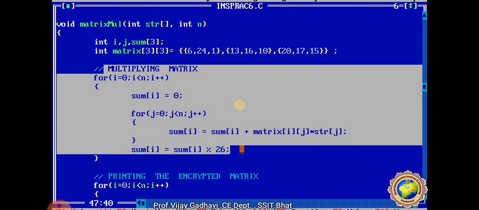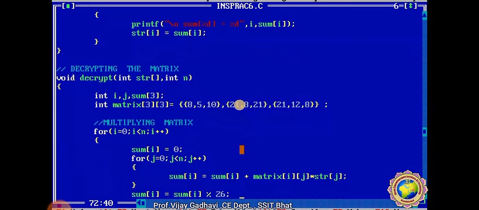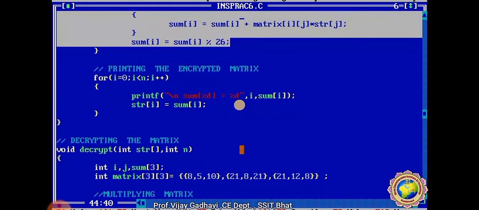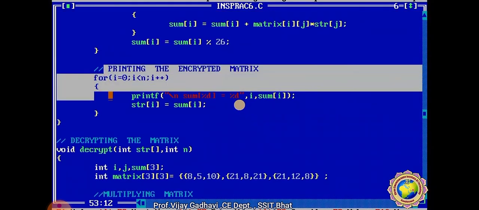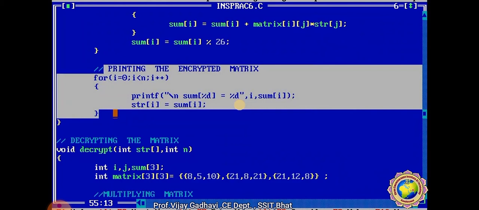Then sum i is equal to 0. Then the second, inner loop for j. Same, you can see the equation: sum i is equal to sum i plus matrix i j multiplied by string of j. Then close the loop, you get sum i is equal to the addition sum i modulo division by 26. Then here you need to print the encrypted matrix.